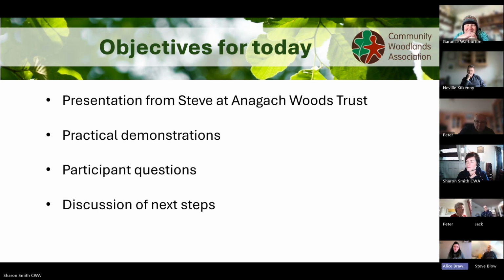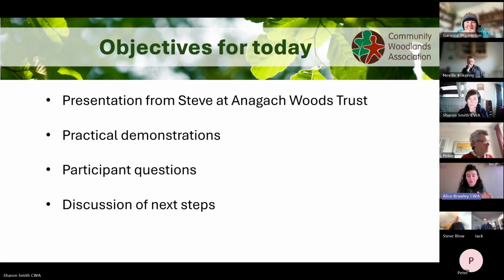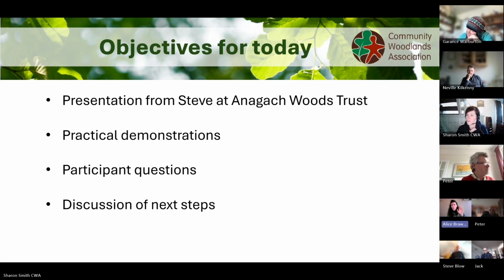And then I'm going to do a couple of practical demonstrations. I'm going to focus on MyForest and Avenza for the day. I'm going to go through doing some mapping in MyForest and then exporting a map. Then I'm going to show you how to upload it to Avenza, which is like a mobile field mapping app, and then go through recording data in Avenza, and then export that data, and then go back into MyForest and show you how to